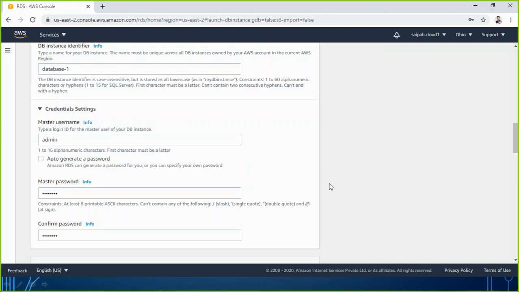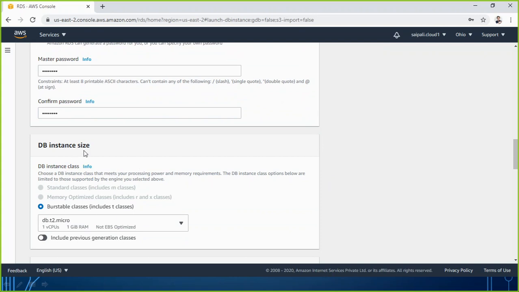Let's scroll down. Database instance size. How big a database are you willing to have? So obviously if you are working for a big company, you may go for the standard classes. If you go for a very big, enterprise-level company, you can go for memory optimized type, R type, X type, where you will get very fast RAM, very fast execution process and all.